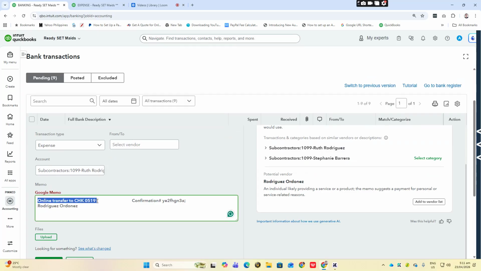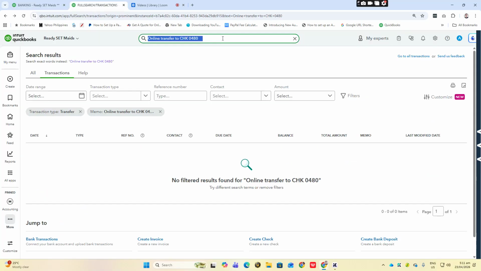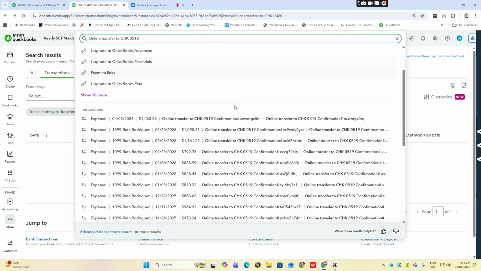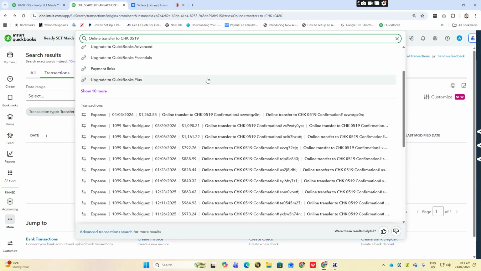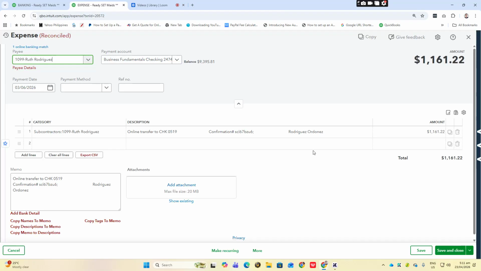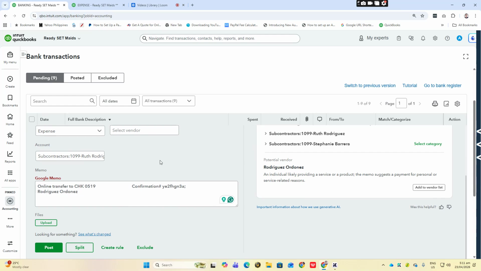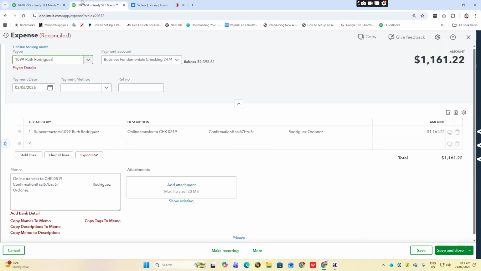How about this one? Online transfer. I'm going to copy this one here. Let me check this one, Rodriguez Ordonez. They have the same bank description, right?